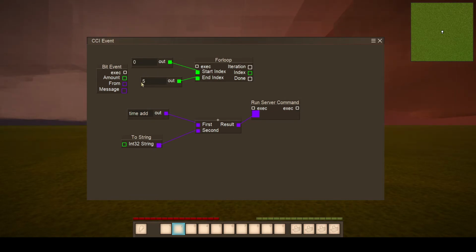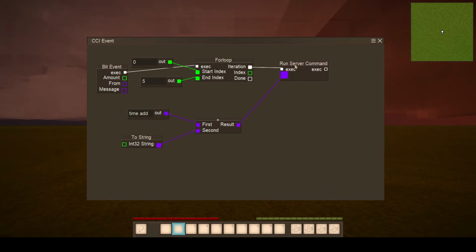Which might be confusing because the out is 5, right? But it's going to go 0, 1, 2, 3, 4, 5, which is a total of 6 numbers. So when you put this in here, put this in here, this will call this command 6 times. So if I just hit test again,